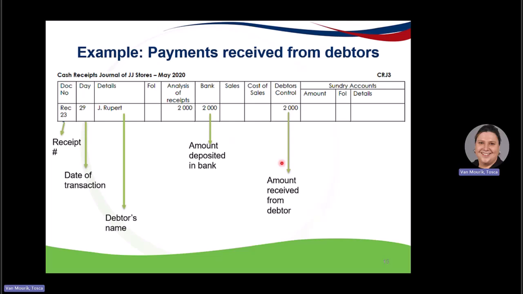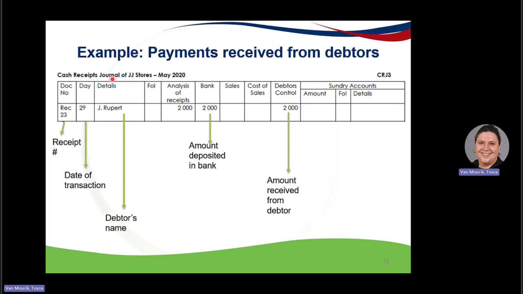Now it's all well. We have issued and we have purchased from, or the debtors have purchased from us. But sometimes they also have to pay. And how we record the payment is by means of the cash receipts journal. Remember, cash receipts is all about our bank that is increasing. So our bank is increasing by means of these payments that we are receiving from our debtors.